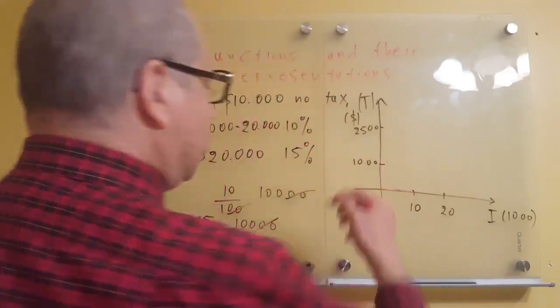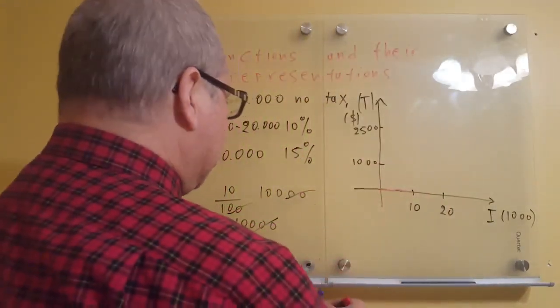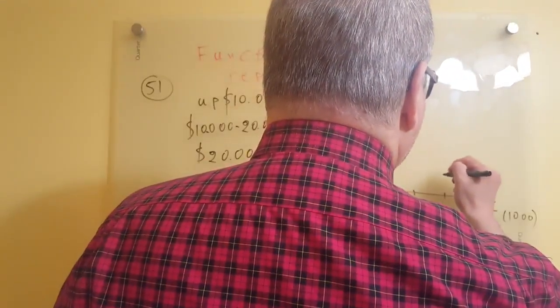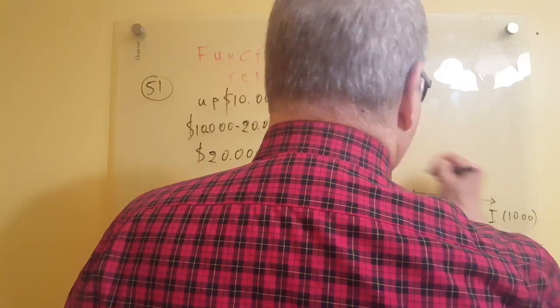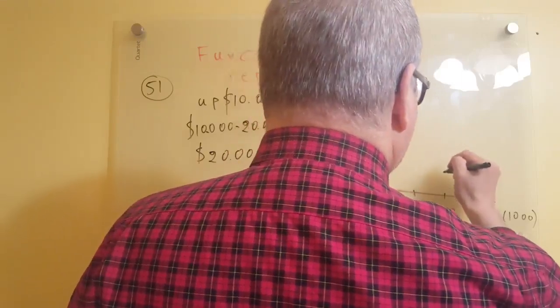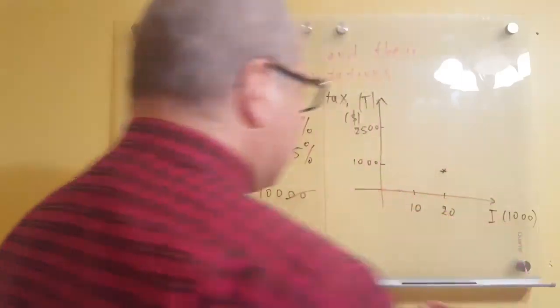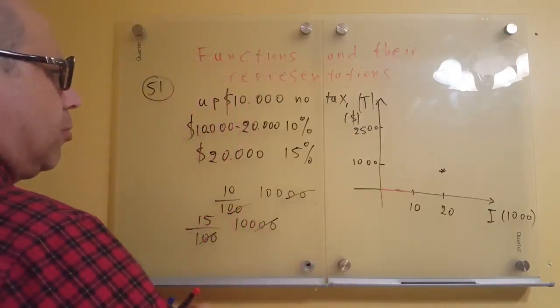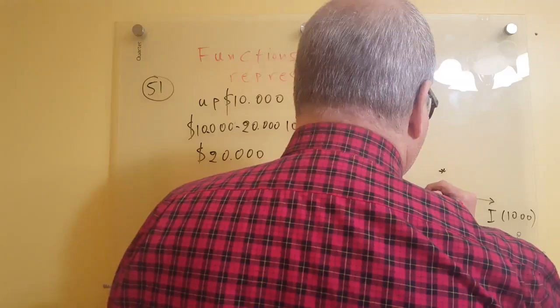So that means that we already calculated it will be $1,000. So that means we get this point here, at 20,000. So that means that we extend the line like this,